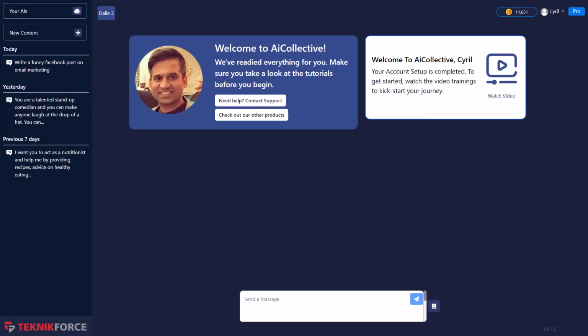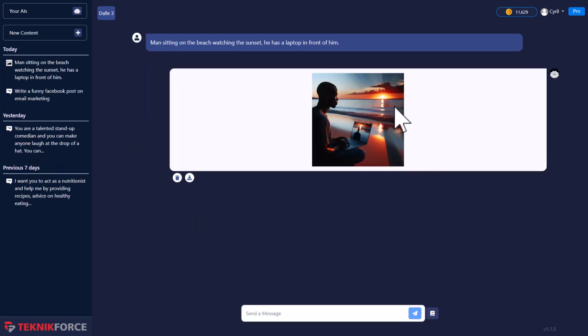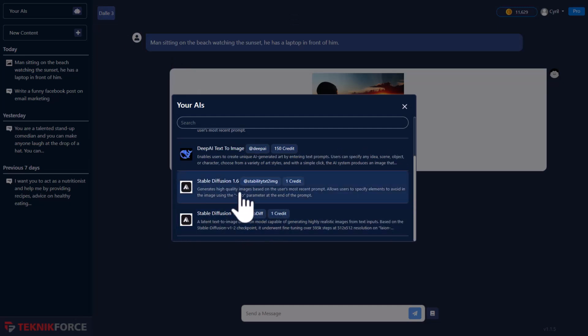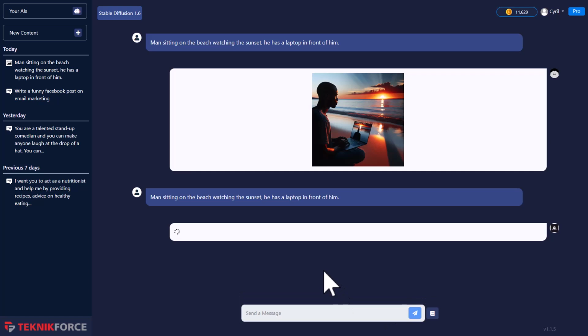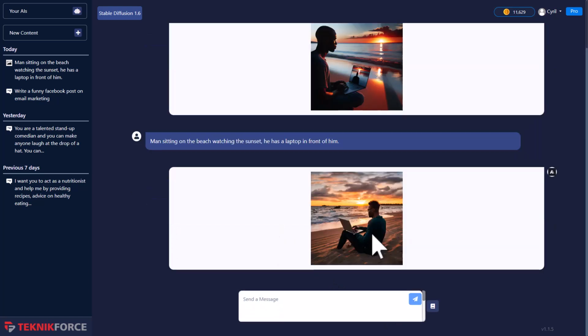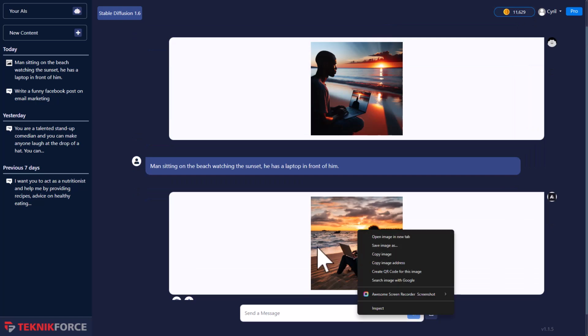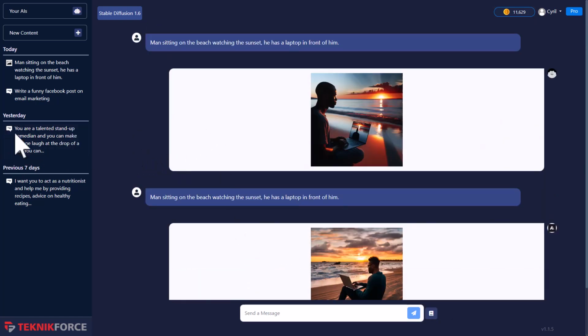So let me select, for example, DALL-E 3 and let's give it a prompt, man sitting on the beach watching the sunset. Let's see what we get. And here we have such a beautiful image. It looks pretty lifelike. You can do this with multiple AIs. So if you want to create the same image with Stable Diffusion 1.6, change it like this, put in the prompt again, and you can see the image right away. And here you see the same image made by Stable Diffusion. You can download it to your computer, use it with the social media content that you create with AI Collective